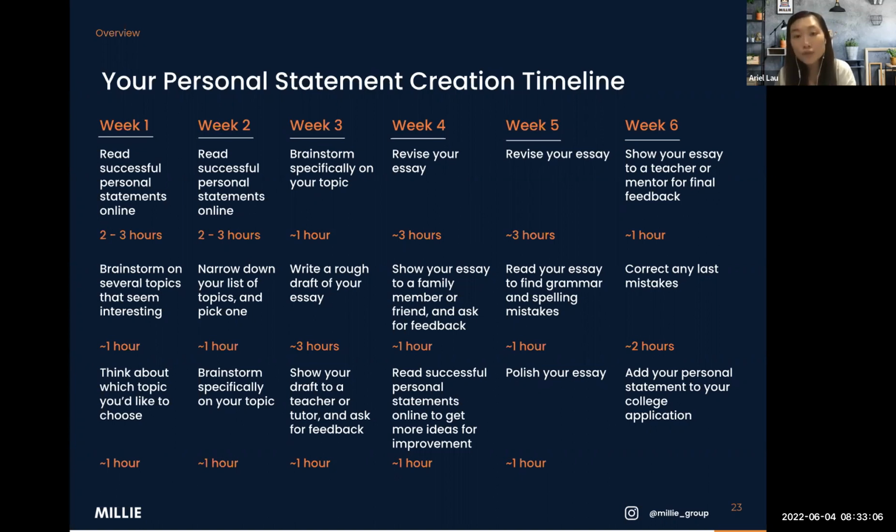Now, week 4, revise your essays based on the comments and suggestions given by your peers and your teachers, and just try to show your essay to a close family member and a personal friend, and ask for feedback. You want the content to be extremely personalized, and then it's probably best to turn to your closest parties for feedback and comments, and read more successful statements to get more ideas on how you should be improving the structure and the style of writing, the vocabulary, of your second draft. So this is also a very important process to polish your statement further.